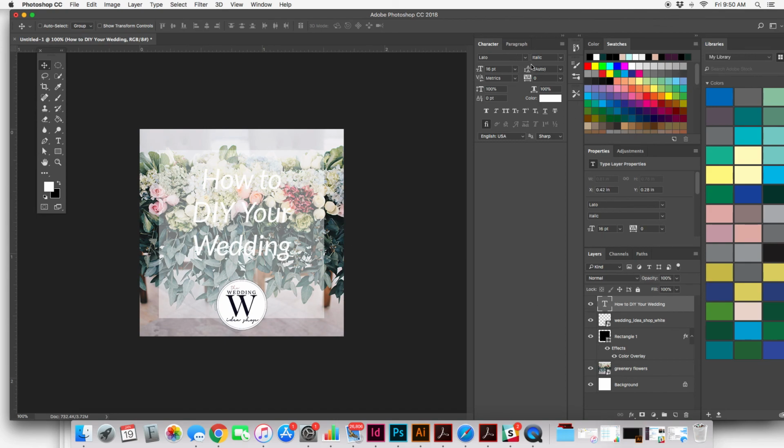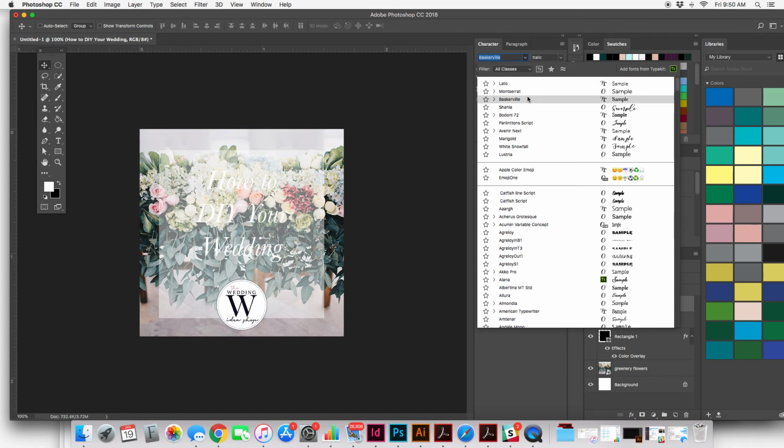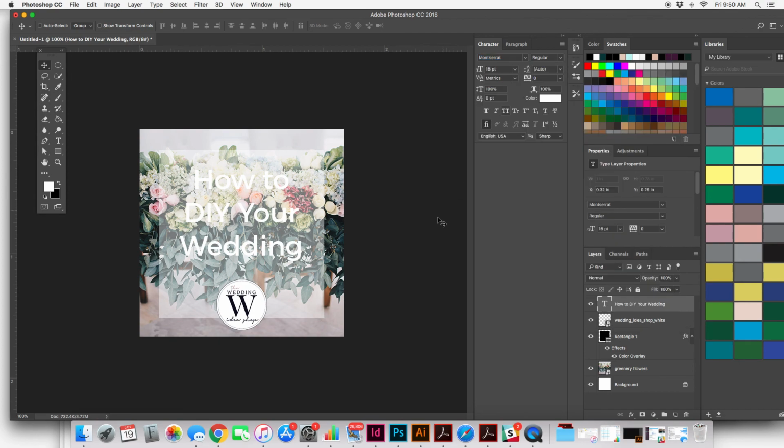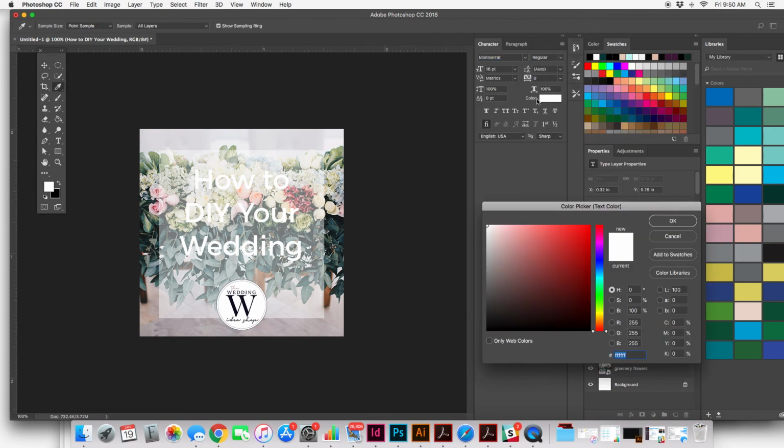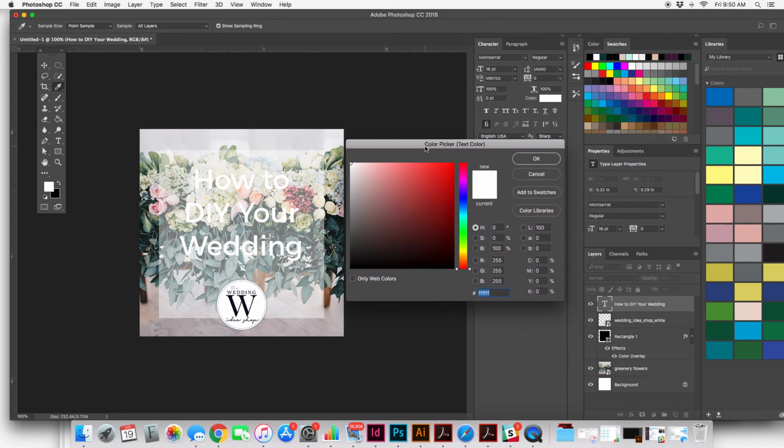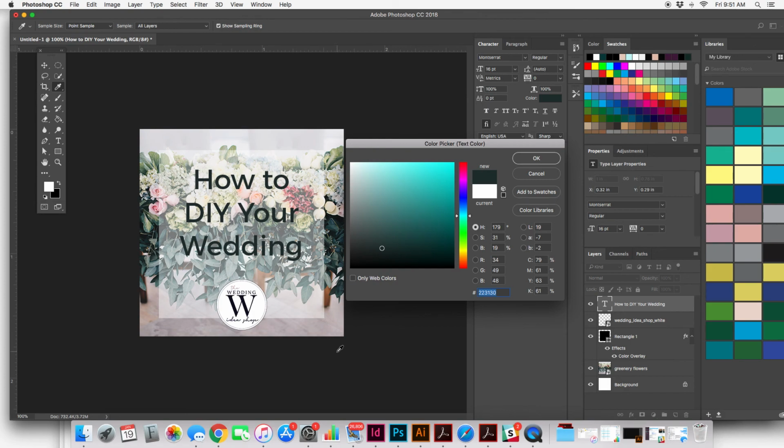I'm going to go up to the characters palette, and I'm actually going to select this font right here, Montserrat. Color wise, you just click on the color here. If you want to take a color from your image or your logo just to keep everything cohesive, when you select color, it brings up this color picker, and when you go onto your photo, you can click, and that will turn the text the color of something you click on. So if you want it pink or this color,